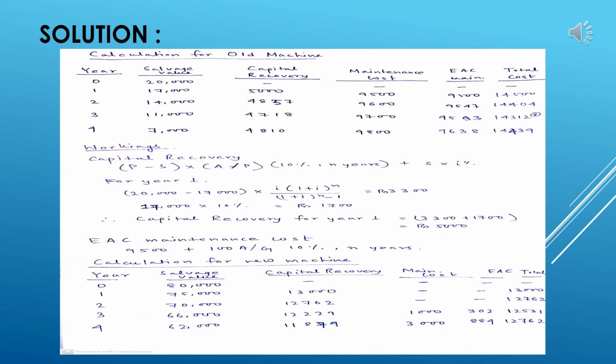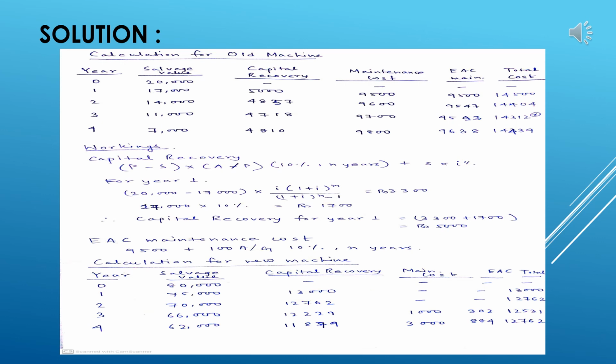Because this is a present worth, we turn it back to annual worth by multiplying that value with i into (1 plus i) to the power n divided by (1 plus i) to the power n minus 1, which denotes the formula of given present turned into annual, with given i to be your 10% and year to be 1, because n here is basically represented as 1. So this is year 1, that is why. If we transfer that particular value, we are getting the value of 3,300.